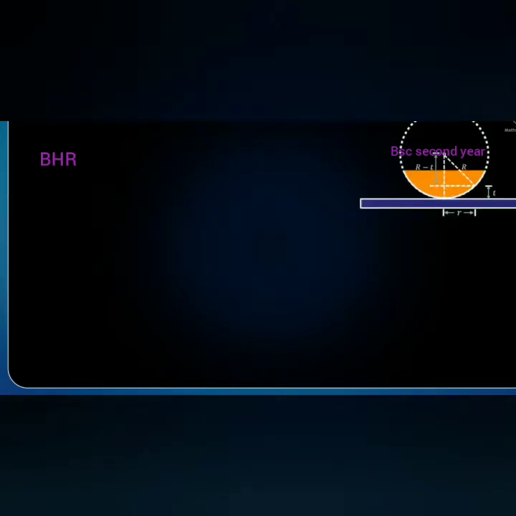First of all, we have to draw the diagram as shown in the figure. In this figure, orange color is a plano convex lens and blue color is a glass plate. Construct a circle by extending the plano convex lens of radius R as shown in the figure. When the plate is observed from the top using a microscope, we can observe alternate bright and dark rings with a central dark ring as shown in the figure. And the radius of the nth dark ring is smaller.